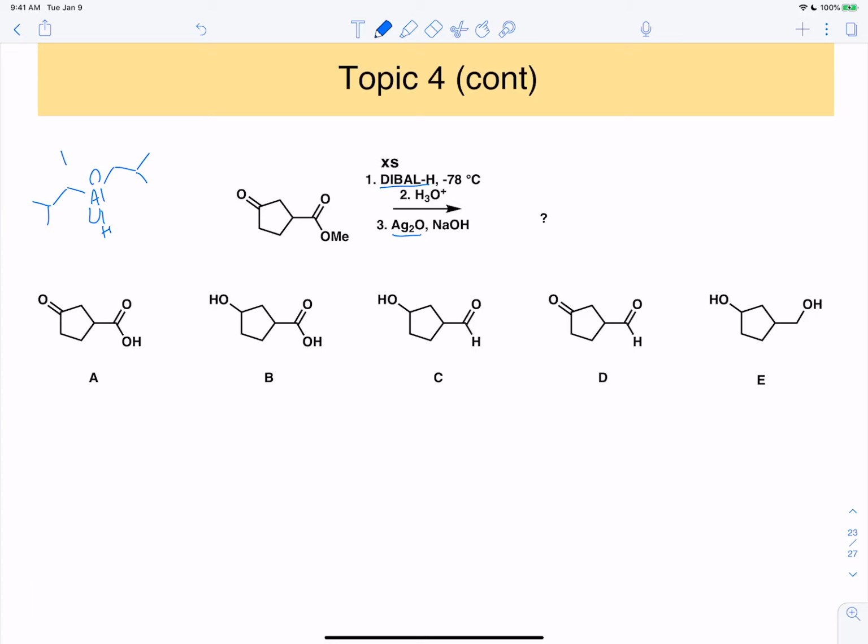Remember that diol is able to also reduce esters selectively to aldehydes, and this is because the tetrahedral intermediate that forms is stabilized enough so that it can't collapse. So it's not that diol can't reduce an aldehyde, it's that an aldehyde does not form during the reaction when diol is added to an ester. So with that knowledge, we have excess diol. That means we'll be able to reduce the ketone to a secondary alcohol, and this methyl ester will get reduced to an aldehyde. So after workup, so I'm going to say after 2,